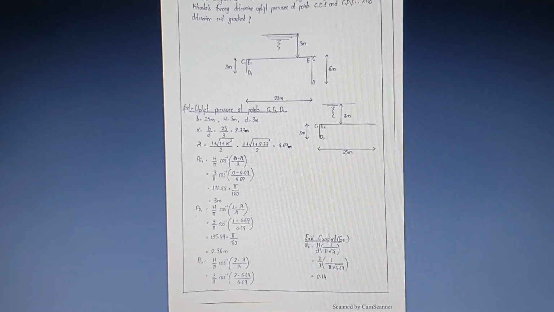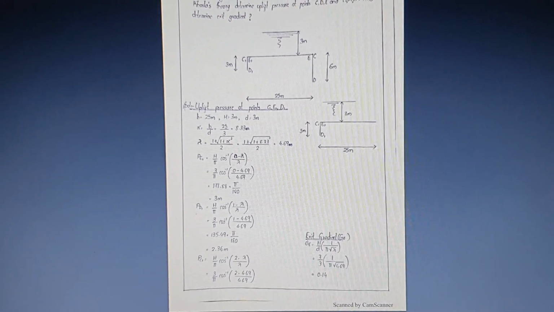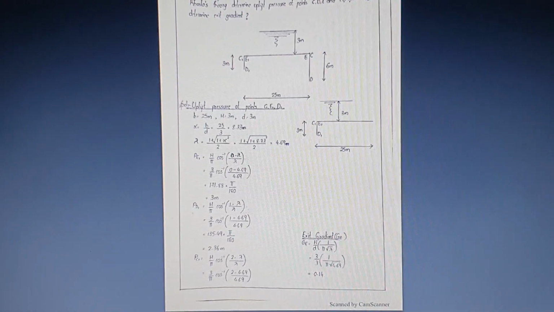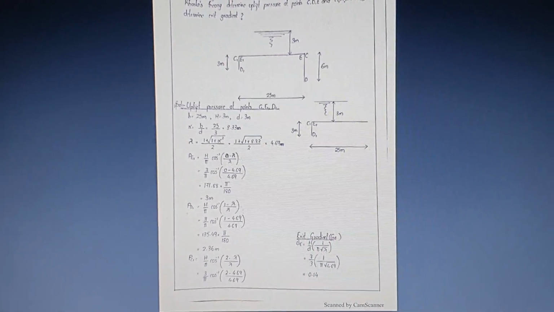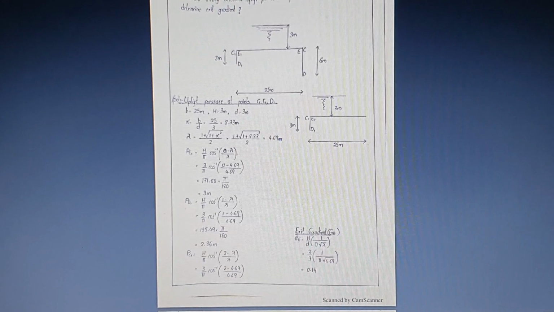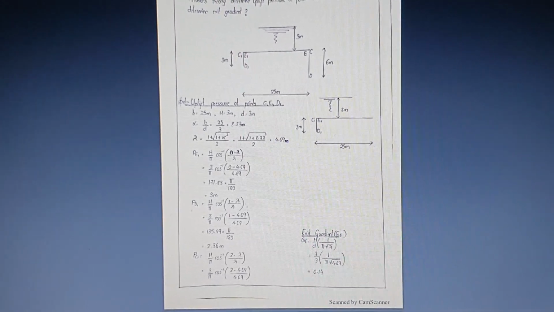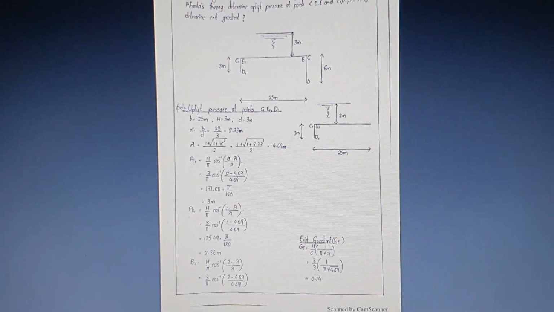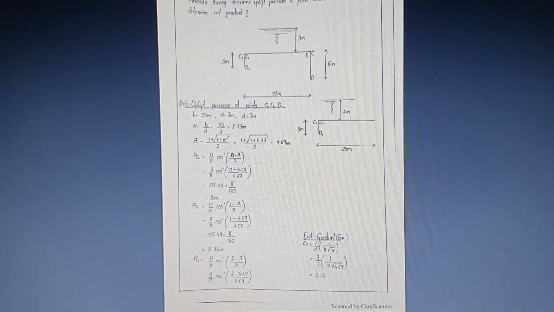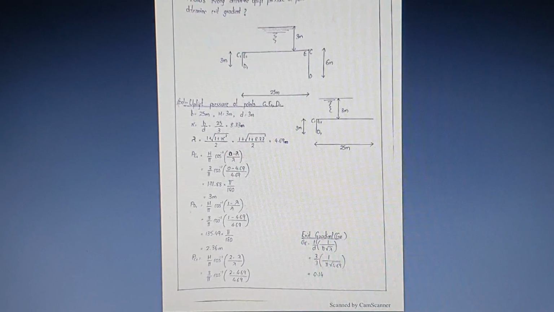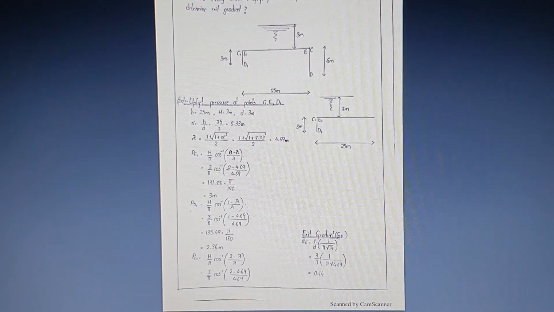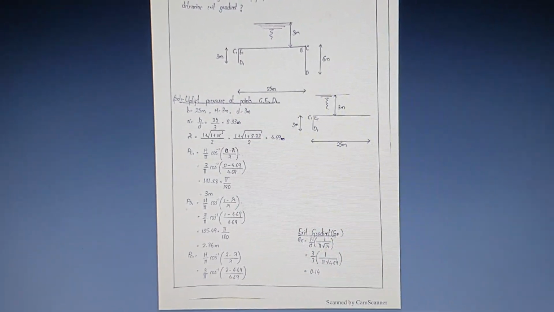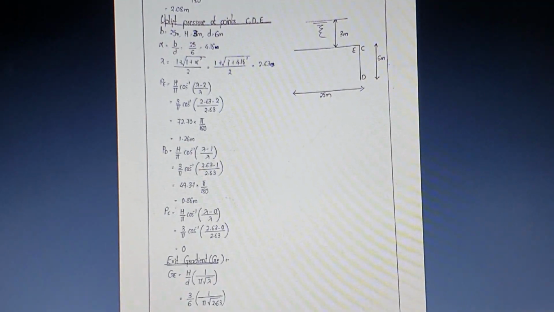Then next one, PD1, the formula is H by pi into cos inverse of ((1 minus lambda) by lambda), and PC1 is H by pi into cos inverse of ((2 minus lambda) by lambda). So by these formulas you will get the pressure at the points E1, D1 and C1. The next one is the exit gradient, which is GE equal to H by d into 1 by (pi into square root of lambda). So based on this you will get the exit gradient.